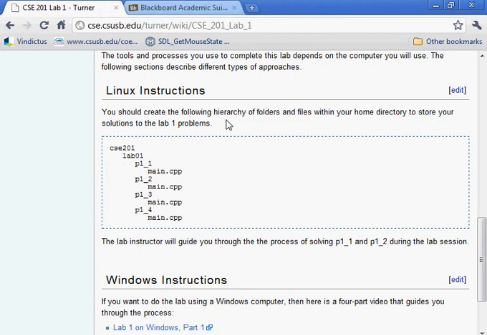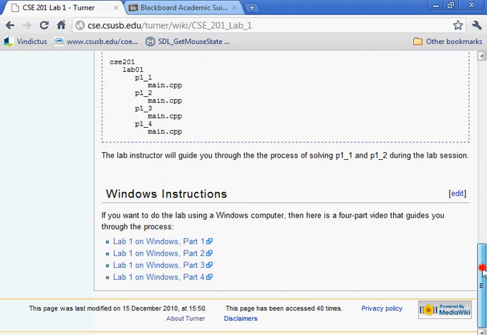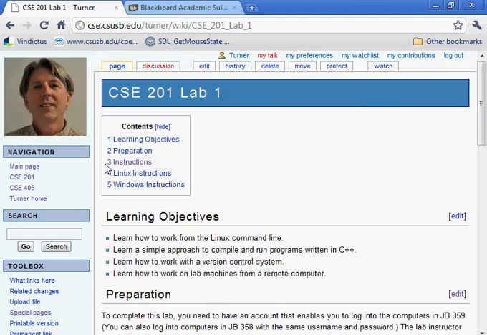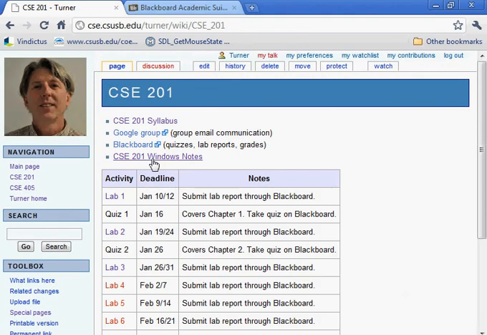But we're going to do that remotely, so we're going to be working in Windows, but we'll establish a secure communication channel with one of the lab machines, and we'll work on Linux. So we'll work through what's called a console window, or a terminal window, that we start in Windows. Now for that to work, I want to show you that I have some links here under CSE 201 Windows Notes,